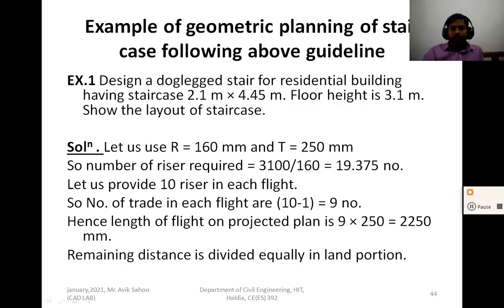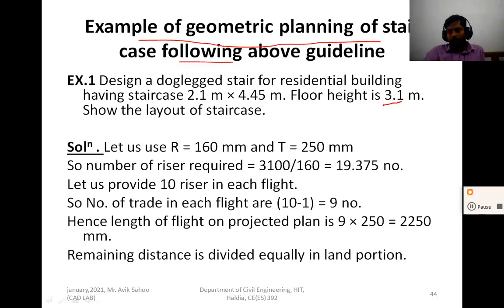Now I have given one example, the geometric planning of a staircase following the above guidelines, the ones I mentioned in the previous slide. Using those guidelines you make the plan of the staircase. For the planning you need the floor height.